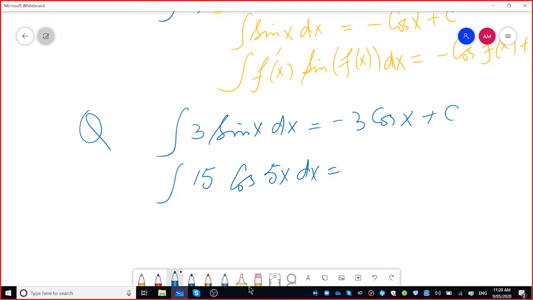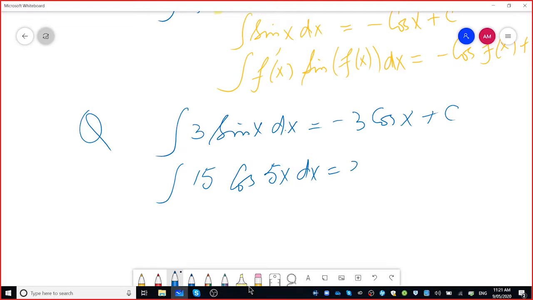Would it be 3 sine 5x? Sorry, would it be 3 sine 5x? Because I thought that when you differentiate it, the 5x becomes 5, and you times it by the